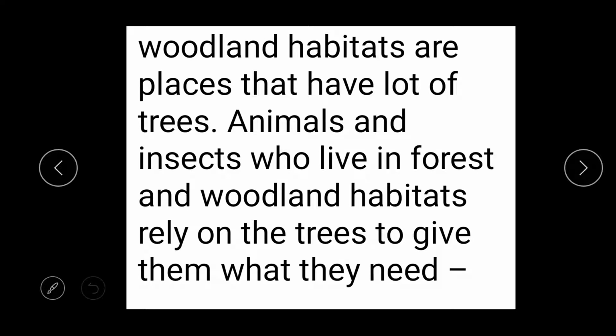Animals and insects who live in forest and woodland habitat rely on the trees to give them comfort, to give them protection, to give them food. Okay? The woodland habitat or the forest, like I said, it has a lot of trees, and animals here depend on the trees to give them what?